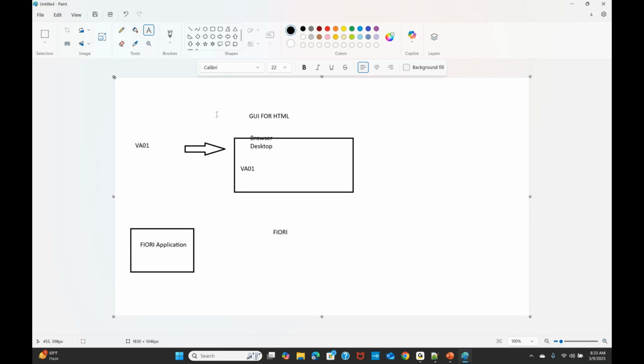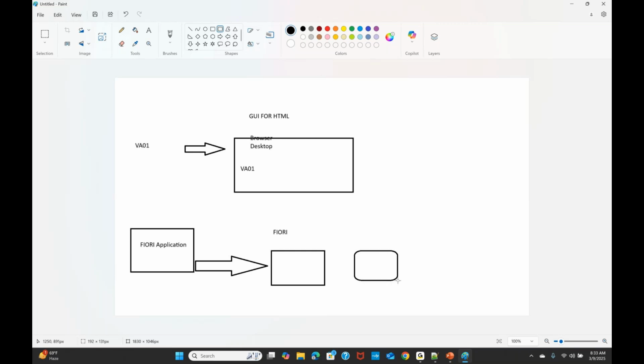This application you can open on desktop, on tablet, and on mobile. The functionality is the same, but the development is completely different.